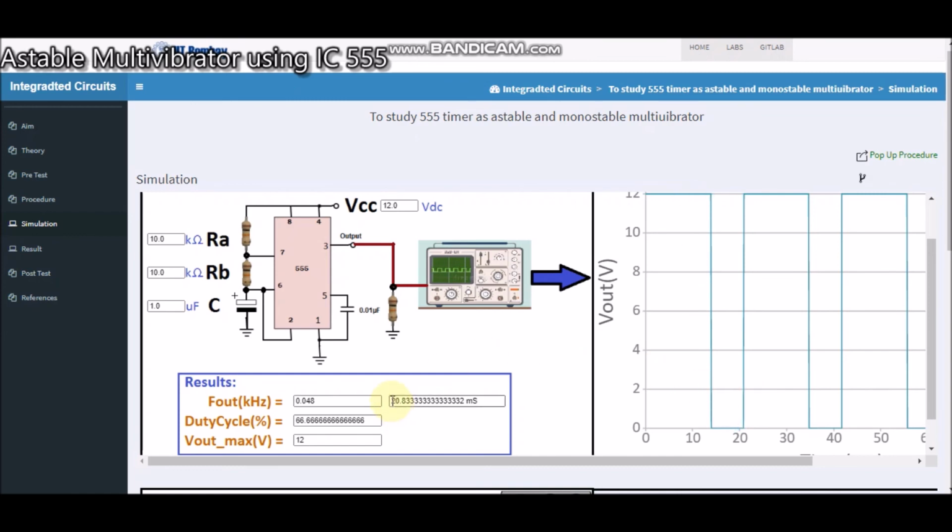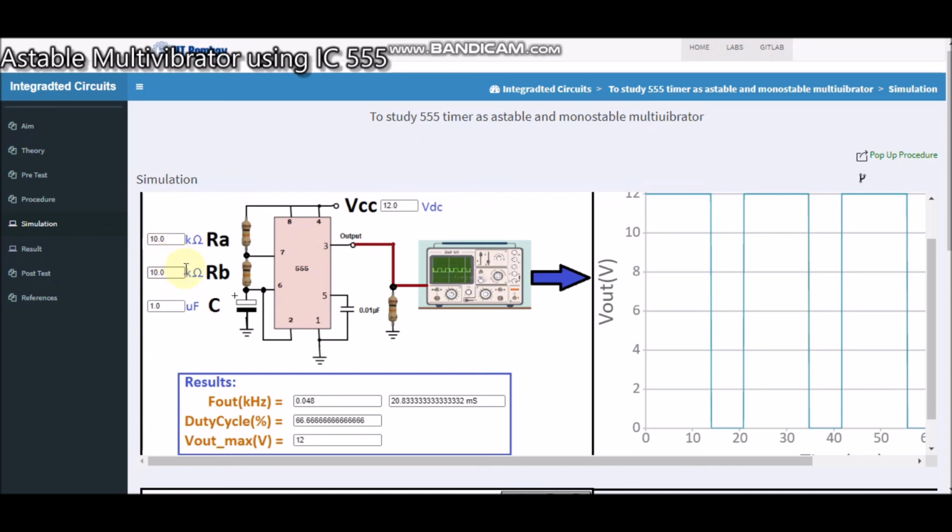Here it is giving us 20.83. So we can observe that up to this it is approximately the same, 20.8. If I put a cursor here, I am getting a time period of 20.8. If I take the reciprocal of this, I'll get the frequency, that is 0.048 kilohertz, or we can say it is 480 hertz.